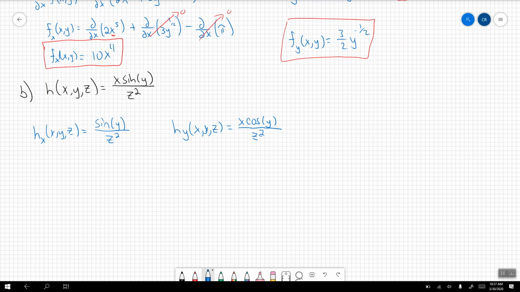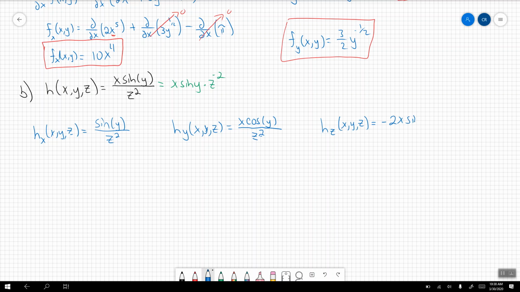Perfect. Now we also need the derivative with respect to z. So the derivative with respect to z at this point in time, again, we're going to treat everything else as a constant. So if z is the function, let's see if I can rewrite this really quickly. This is x sine y multiplied by z to the power of -2. And let's take that derivative with respect to z. So x times sine of y is your constant, so let's take the derivative, drop the exponent forward, that's -2, so this is going to be